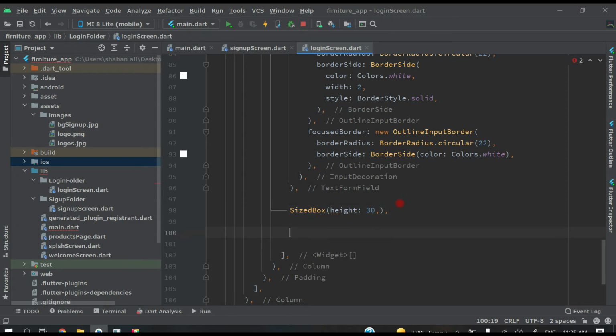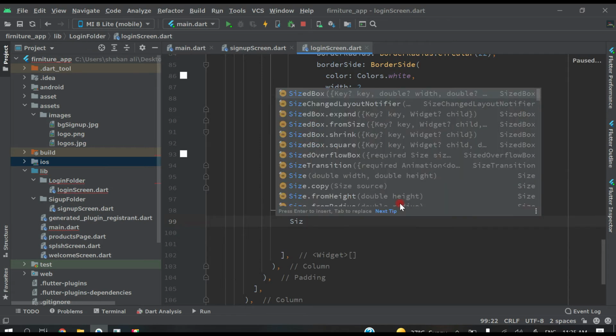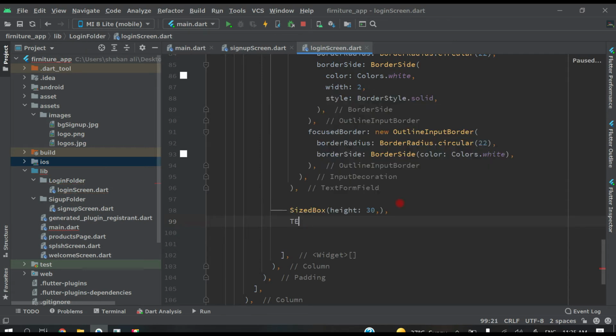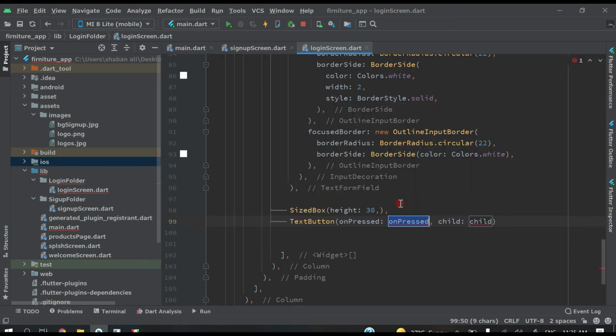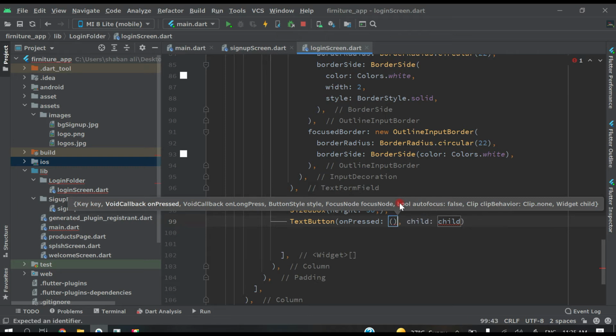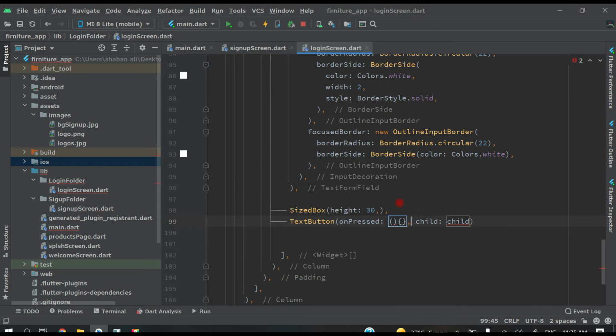And after that, let's create one text button, and on press we will do all this later, and child will be text.